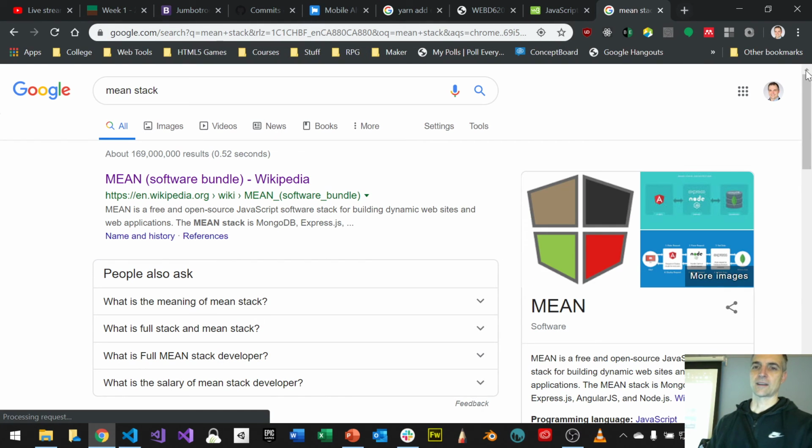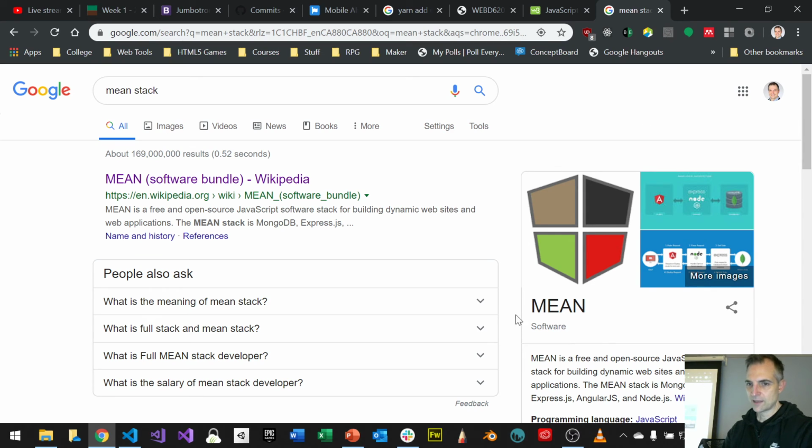The MEAN stack has these letters, and these letters all mean something: Mongo, Express, Angular, and Node.js. And it's JavaScript everywhere. Like we said last day, when you use the regular AMP stack, LAMP, WAMP, MAMP, XAMPP, all those kinds of variations,